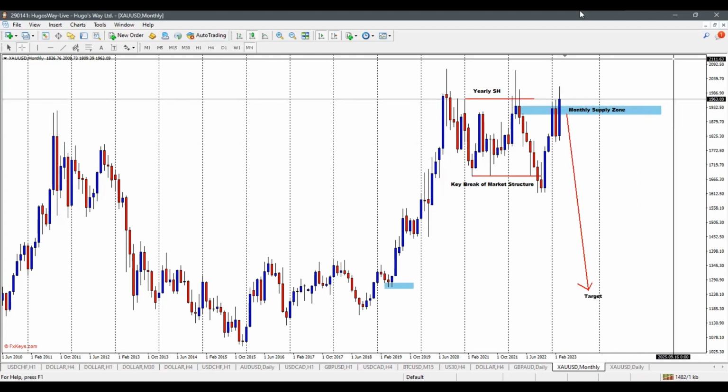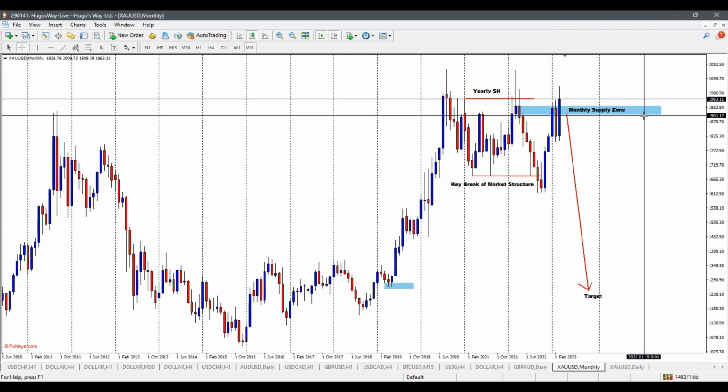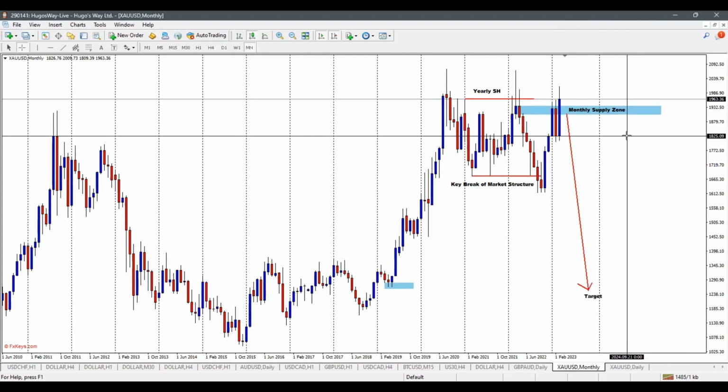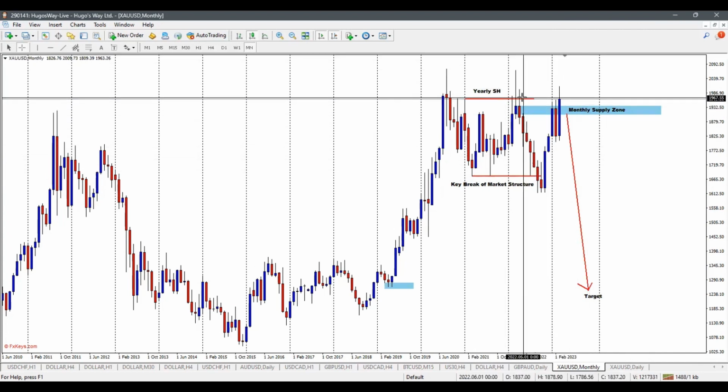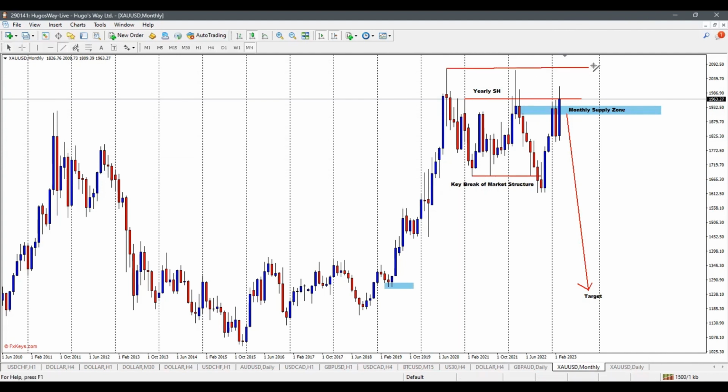So since that's the last day of the month, we'll have a new candle next week, or Sunday evening for us in the UK, 10 p.m. Now, if the body of the candle does close above this high, to be more specific, and I'm just going to draw this line, I'm going to extend it a little bit. So if the body of this monthly candle closes above this high, then we may be in a position where we might have a continuation long, and potentially gold may attempt to make a new high,